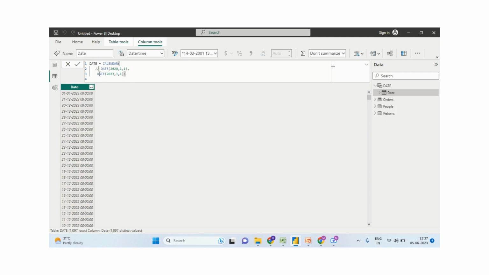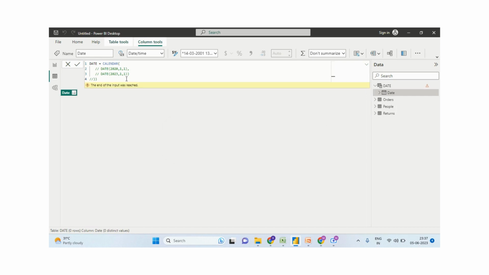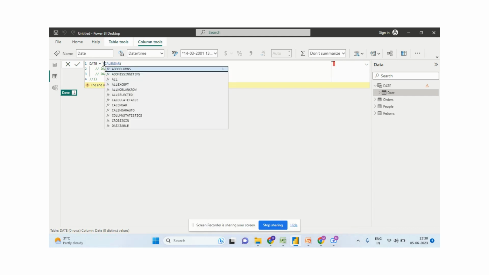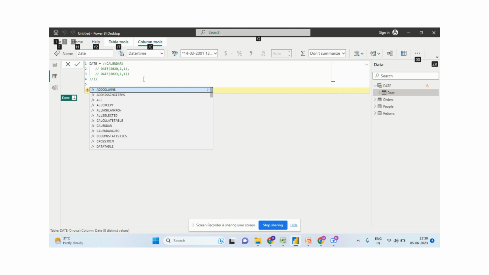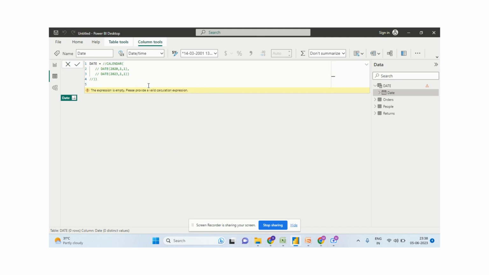Now calendar, CALENDARAUTO. Here you can also give the fiscal year end month, or without giving anything, if you enter,